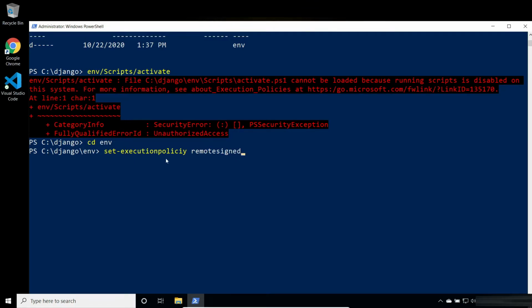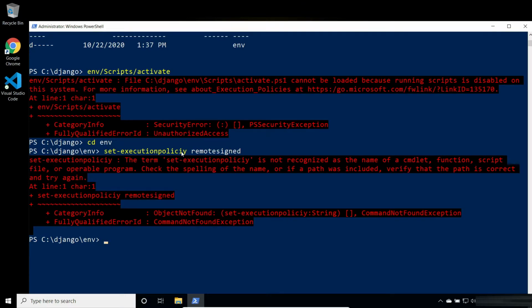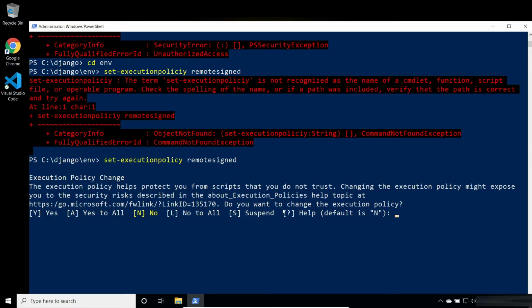So this will set up the execution policy. Give enter. As I have misspelled policy, you can give the spelling as policy. So here this will ask one condition, and here you need to give y. So our execution policy has been set up.